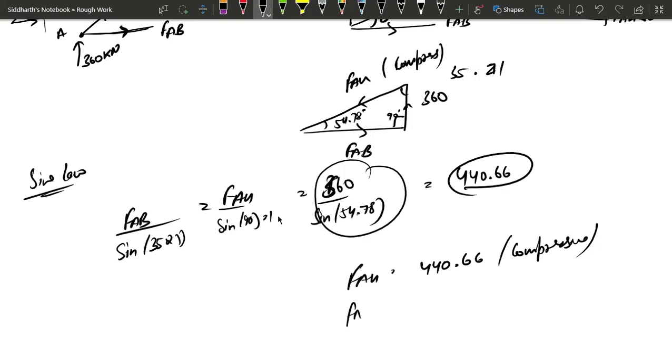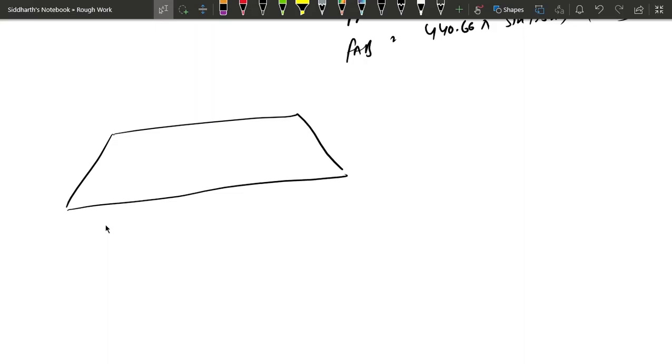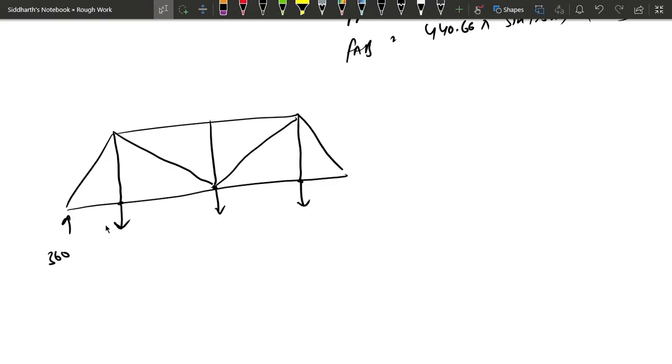And force in AB is equal to 440.66 into sine of 35.21, and this is tensile. So what I would suggest you to make a truss like this, same truss, and then we know this is 360, this, this, this, and this. So this will be force acting here. So now we know that this force is